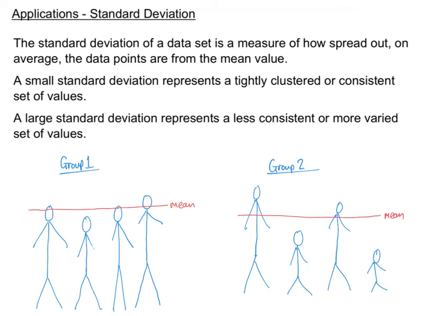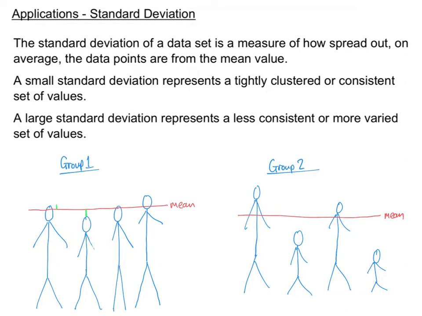Now, if I look at these, what I'm looking at for standard deviation is how far on average the people in these groups differ from the mean. So what I'm looking for, and I'll try and illustrate this with a little green line here, is from the mean line, how far is that first person in group 1, how much do they differ? They differ roughly this amount here. Okay, so if I look at the second person in that group, how much do they differ from the mean? Again, I'll try and put that line in a green pen. So the second person in group 1, they differ approximately this much from the mean, the length of this line